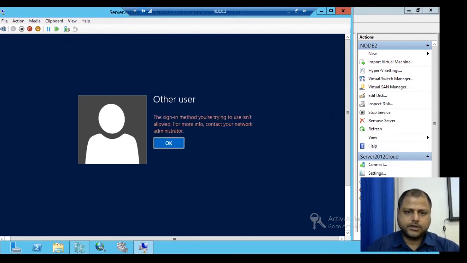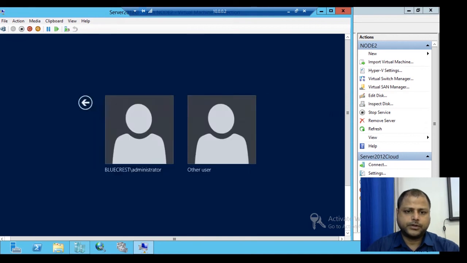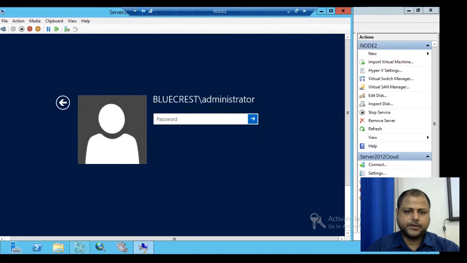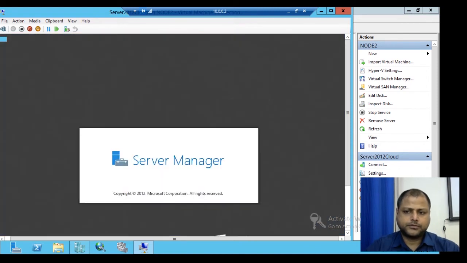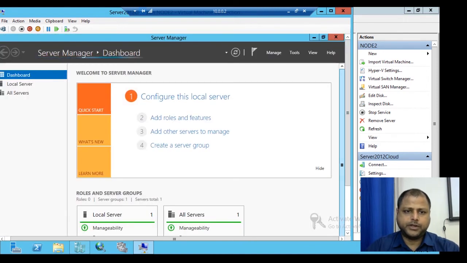It is unable to log in because it does not have the privilege to log into the system. So what we have to do is provide the membership of another group so that he can be able to log in. So now we will give the membership of the group account. We'll click OK. We'll log in with the administrator again for the privilege. So we have logged in with the administrative privilege.